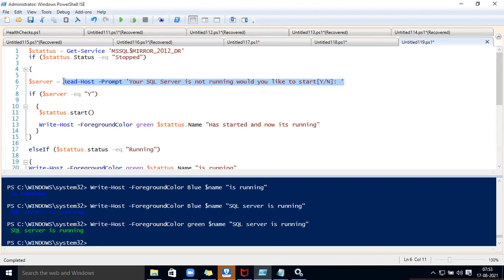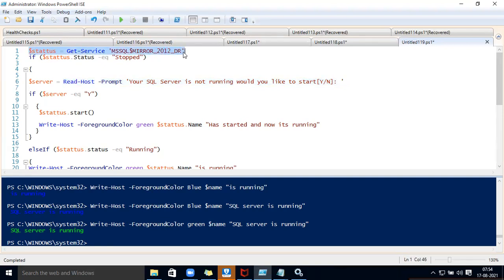If you see it in an office, only people will perform it. Why ignore any error? Because that is a human error. If you run this one time, all the script will run. So here it will ask, do you really want to start this server or this service? Better you go through it. So you will see what happened.